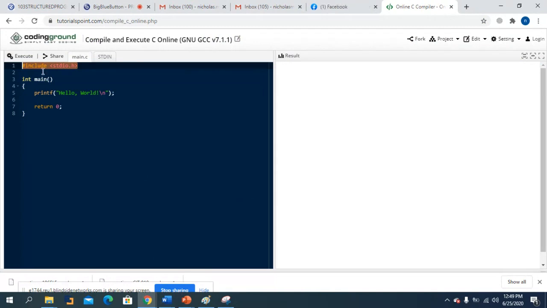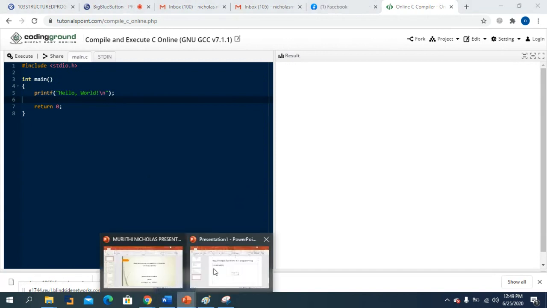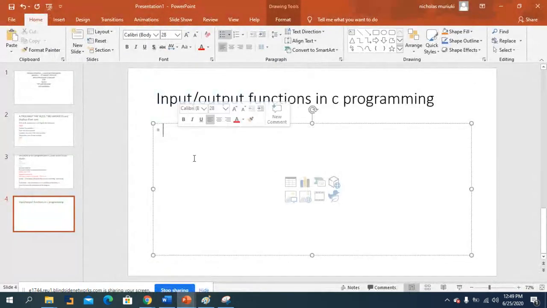Then we have int main. This means that we must have a return 0 somewhere because we have used int main. We are opening this bracket and we are closing the bracket. So this is a very simple program which is using an output function, and that is where we are now coming to. I don't want to explain this in code. Allow me to go to the PowerPoint so that you can understand how we can have the input-output function. And I want us to start with output